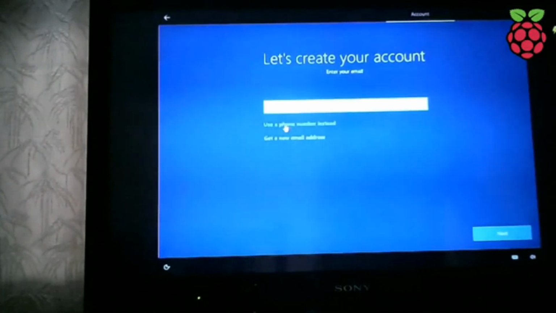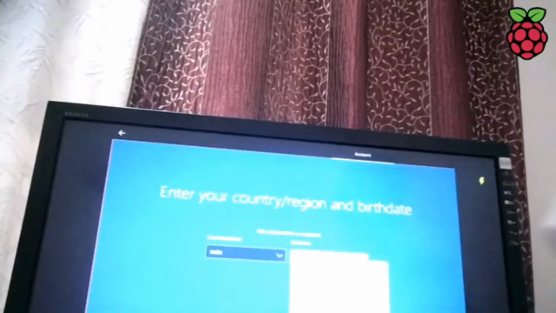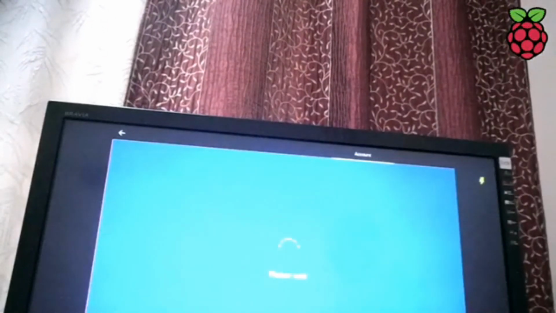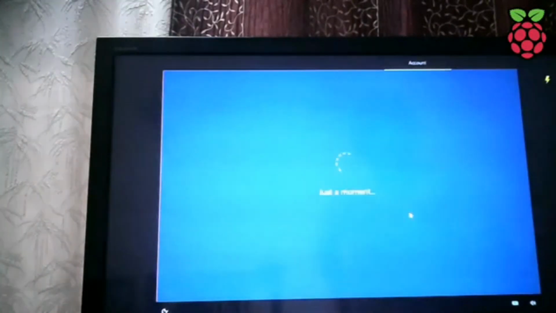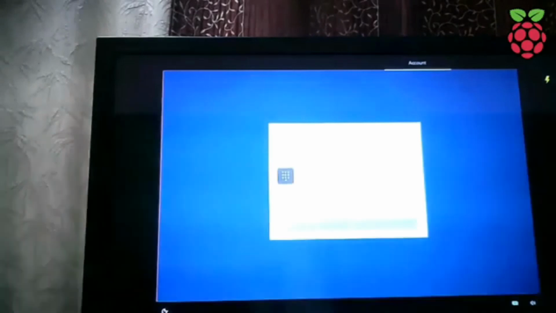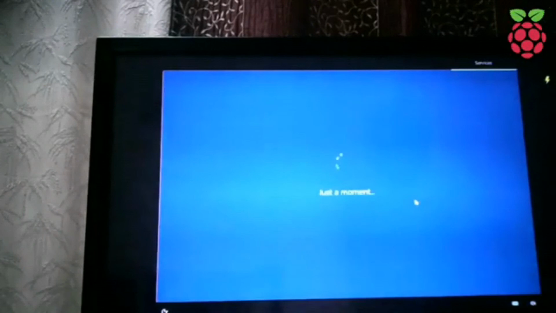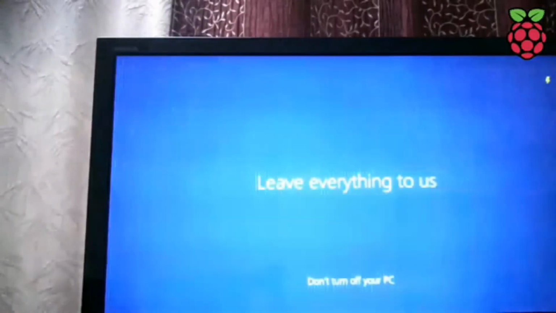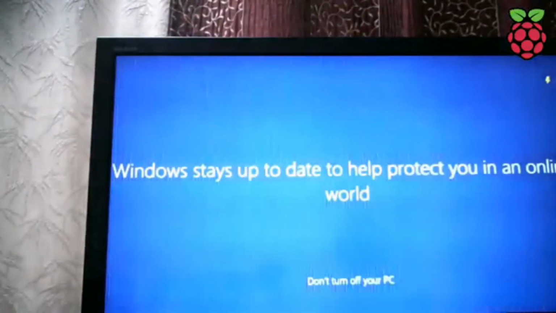So let us create an account. It will ask you to create a password for Microsoft. It will also ask for a PIN, the country, region, your date of birth, and so on. Create a PIN for easy signing in to Microsoft Office, and you can run anything in it. But my dear friends, in the beginning it goes very slowly. You need patience, but slowly, gradually it comes up.